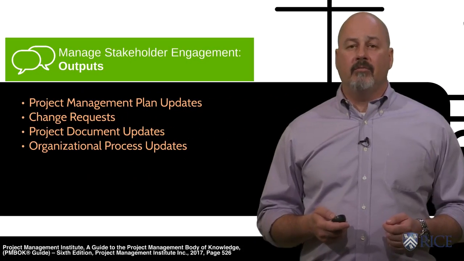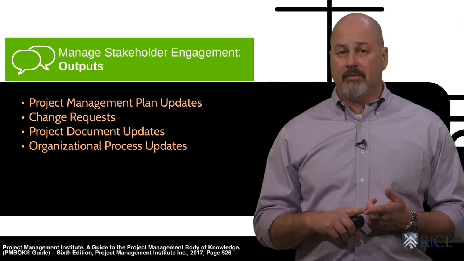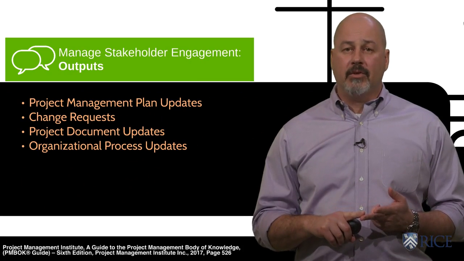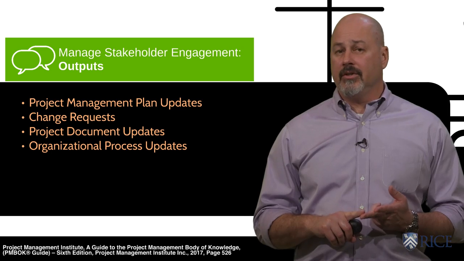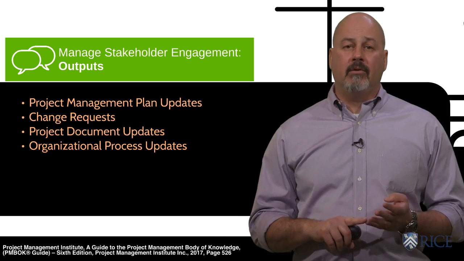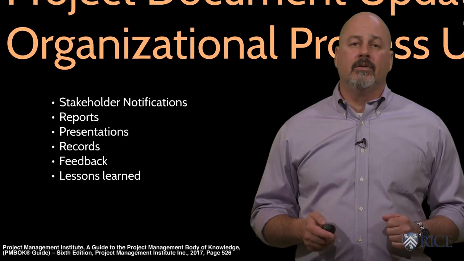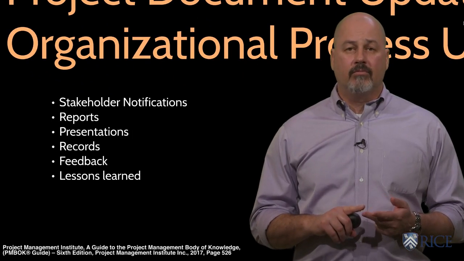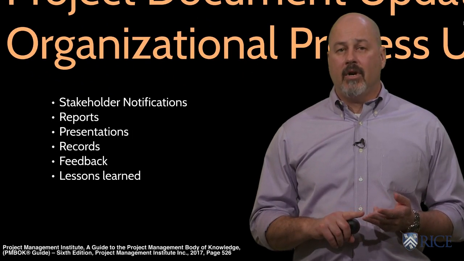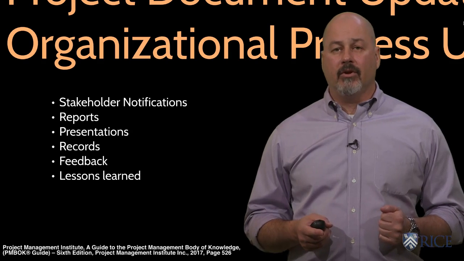The outputs of your managed stakeholder engagement plan should be updates to your overall project management plan, any change requests made by your stakeholders during this process, updates to any other documents, and anything required internally to the organization. This can include reports, presentations, updating progress, feedback, or lessons learned, anything that can be recorded for current or future